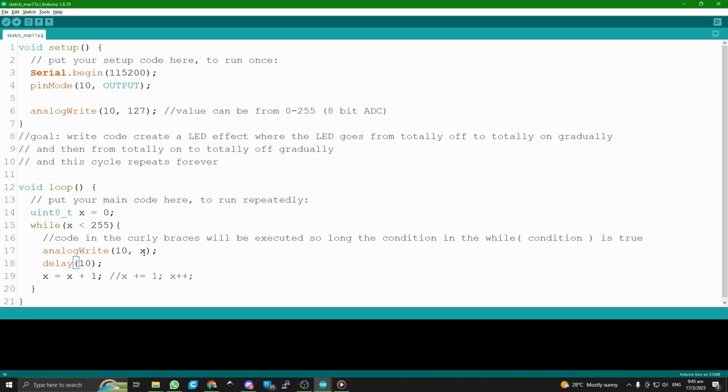We write 1 to pin 10, and then we delay 10 milliseconds, and then we say x is x plus 1, so x equals 2 because x is 1, and 1 plus 1 is 2. So we go back here, 2 is smaller than 255. Okay, we write 2 to pin 10, delay, now x is 3. 3 is smaller than 255, and then we just repeat this over and over again until